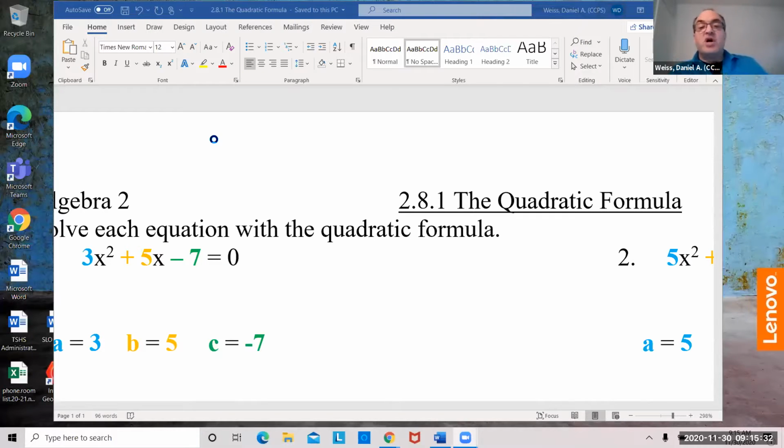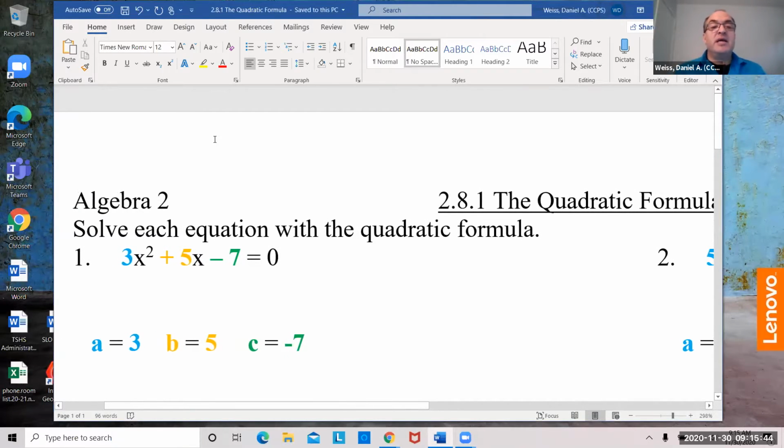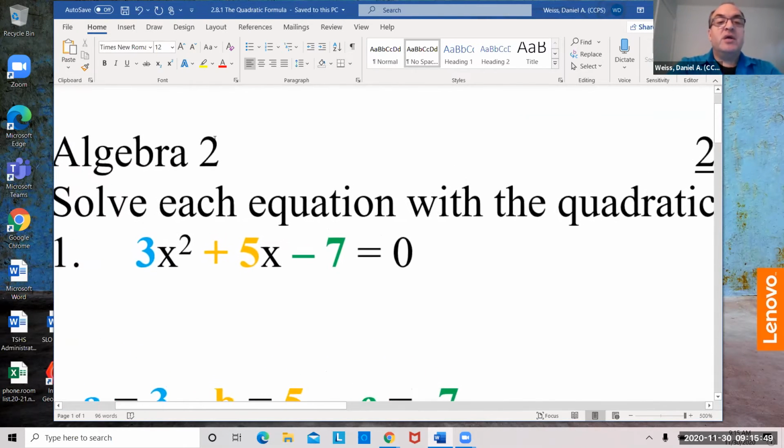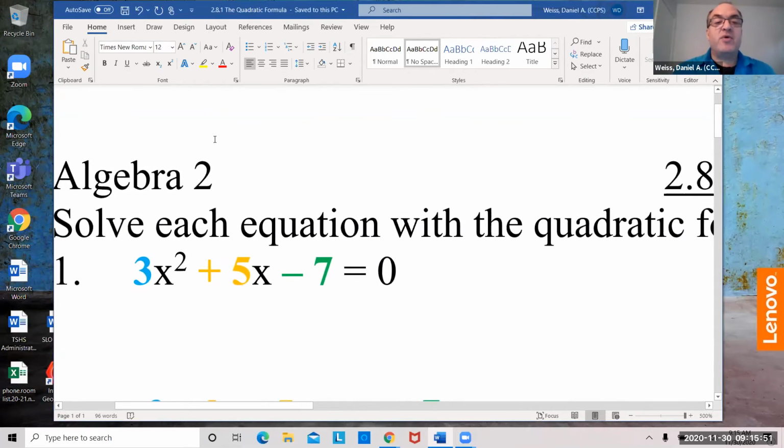Now we're going to do what's called the quadratic formula. What if you're not able to factor? What if you're not able to do it by square roots? Well, here is a surefire way you can always do it, and it's called using the quadratic formula. Okay. So if I have 3x squared plus 5x minus 7 equals 0,